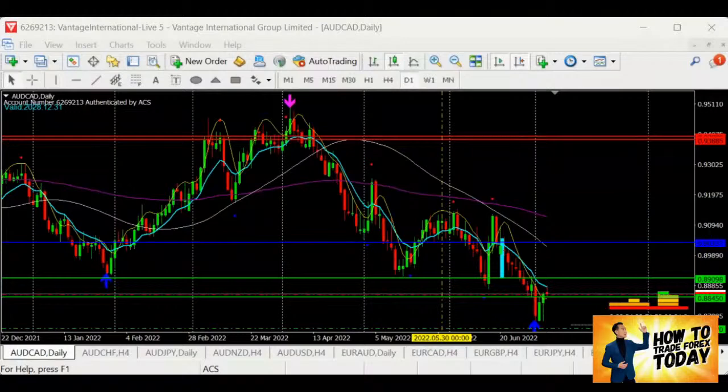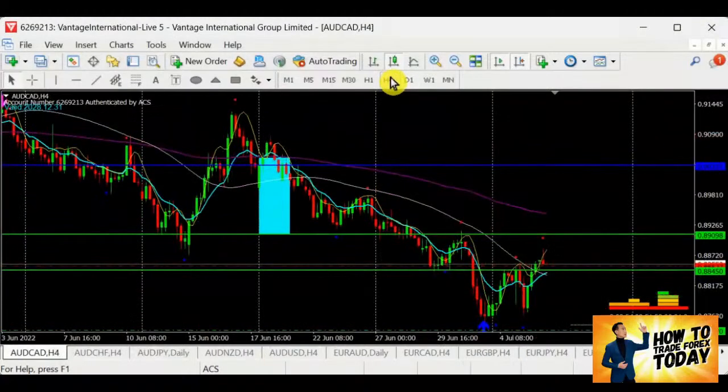First of all, let's take a look at the Aussie CAD. What are we looking out for today? We are looking out for selling. Selling is still possible, so we are still in the bear. Look out for a resistance when we are looking for selling. This shall be the resistance that I will be looking out for, so that when it hits on the resistance without breaking, then I will consider to sell.